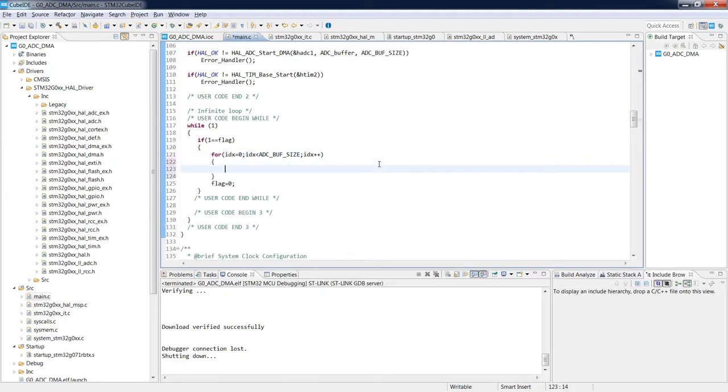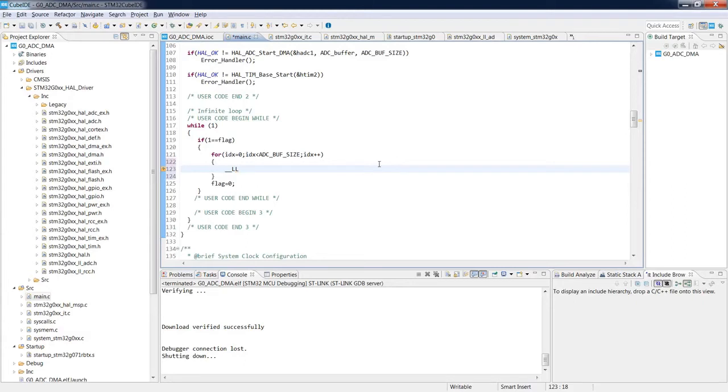Let's find the function or macro which would convert our ADC raw data into the temperature in Celsius degrees. A lot of such functions are stored within low layer modules for given peripheral. So let's start from this underscore low layer, which is the common name of the macros, very useful macros to do simple operations.